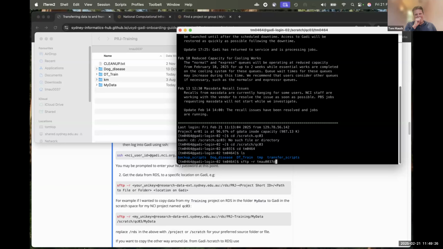And then to connect to RDS, we connect to research data ext. Just to say, from Gadi, you should always use research data ext. That's external to the Sydney network. Even if your local computer, the laptop you're logging in from, is on the VPN or at uni, you won't be able to use research data int on Gadi, because it is always a separate place to the university. So Sydney.edu.au, and then we put a colon and we point it to the location of the file on RDS we want to copy,